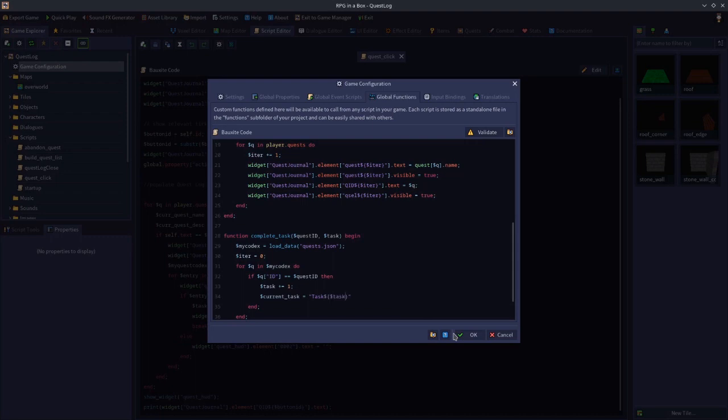So this will basically be task 2. If we're on task 1, and you say, I want to complete Quest 001's task 1, then this will become 2, and then this will become task 2, okay? So by doing that, that then allows us to check if $q current task,